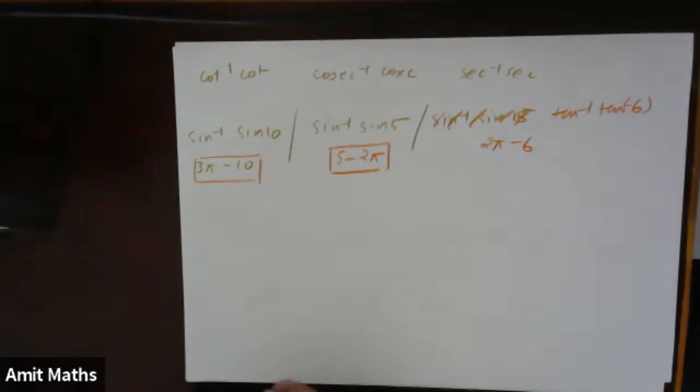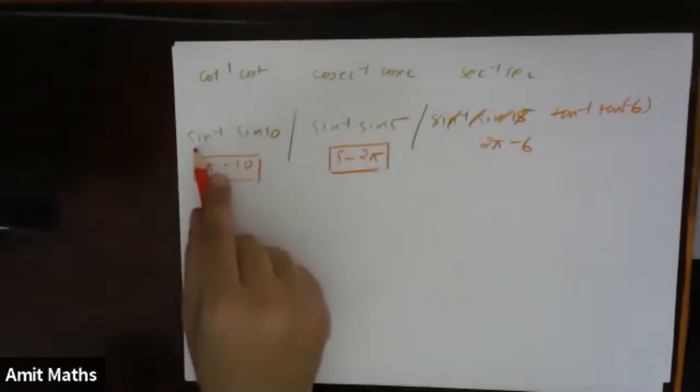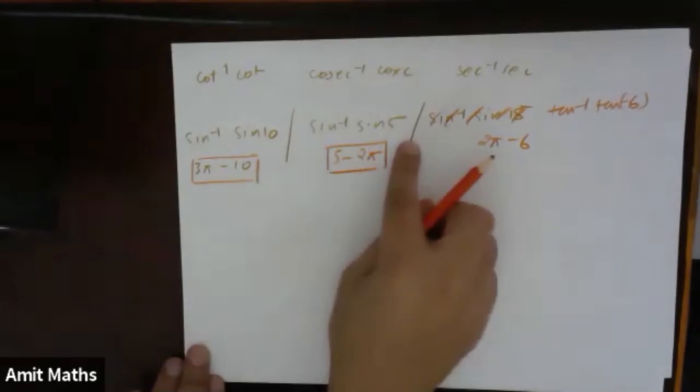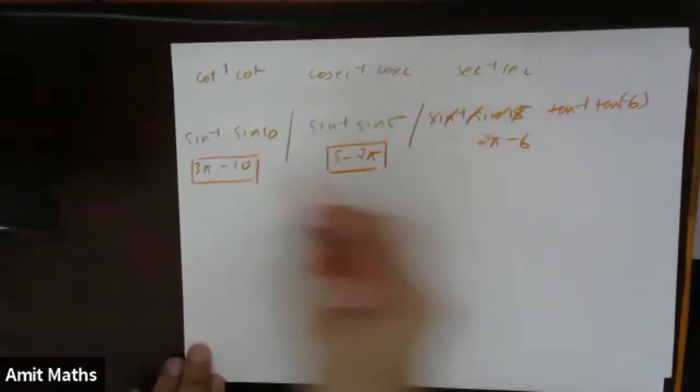But it depends on what is easy for us, to add or subtract. In cos inverse we have seen that it was 2 pi minus something, which was easy for us. For sine inverse it was pi minus something, which was easy for us. So it depends, beta. So let's check these. Sine inverse of sine 10. 10 is in radians. Don't think that this is in degrees. These values are in radians.